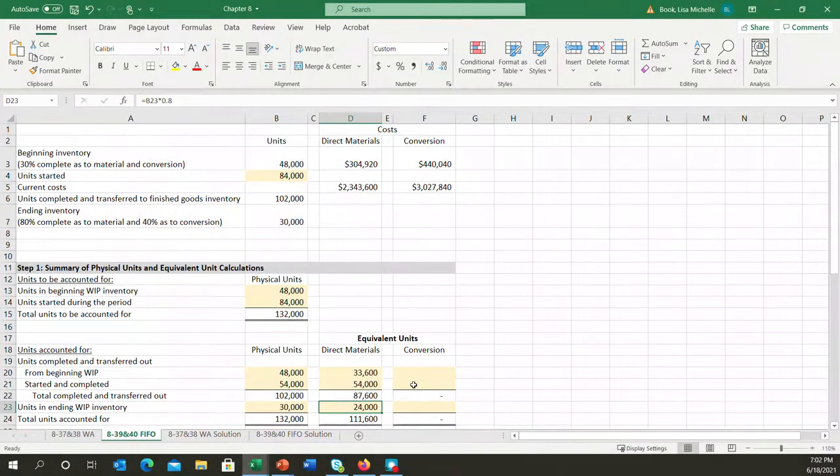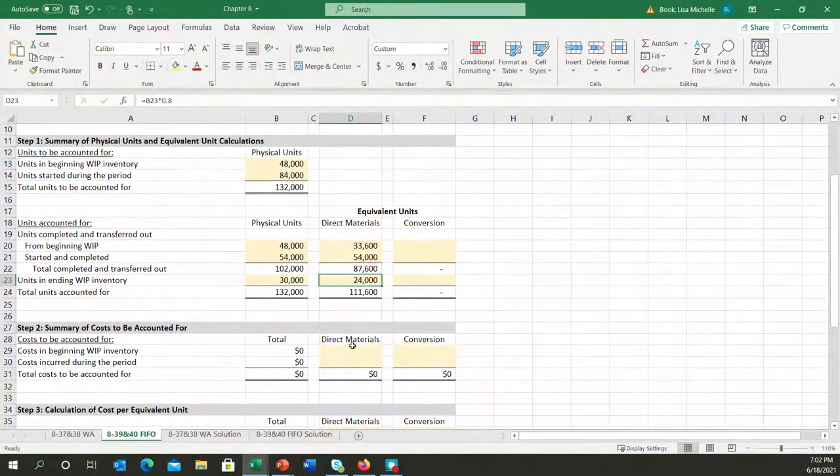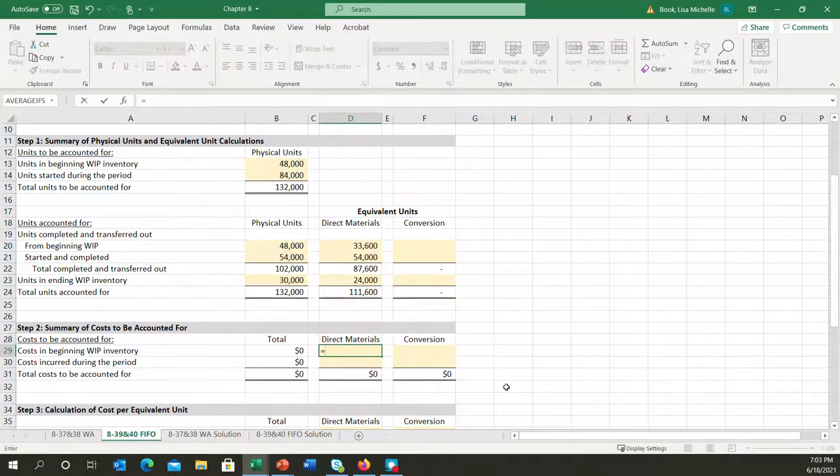Similar process for conversion, but again, of course, the percentage of completion for my ending inventory is different, and that's why we have to isolate that into a separate column. So bear with me. Step 2 is going to go a bit quicker. Step 2 is just the cost that we need to account for, and that's no different than what we did